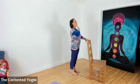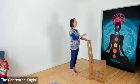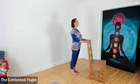Here I want to look ahead to a point of focus that's just above my eye level. And what that does is it gently lifts the head, keeps the neck elongated. So if we look down, we tend to drop the head down. Looking slightly higher than eye level is quite good. And with that gentle lift in the belly and the fingertip touch on the chair, we're going to come onto